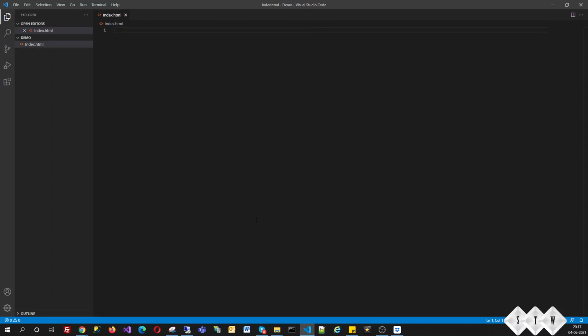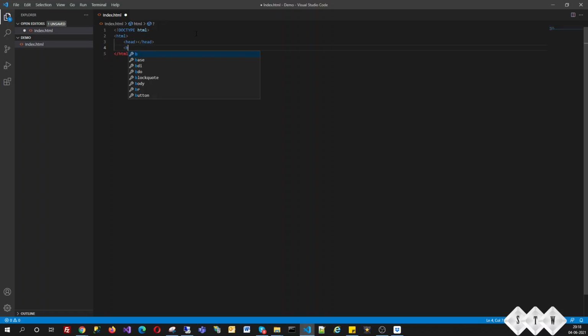So our first file is created, and as we already discussed, the very first element of this page should be doctype. So I added doctype, and after that we need HTML, and inside HTML we need two tags, head and body.